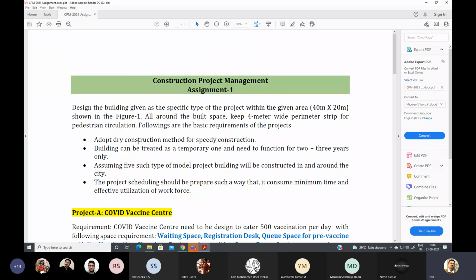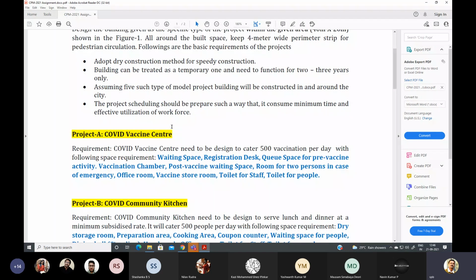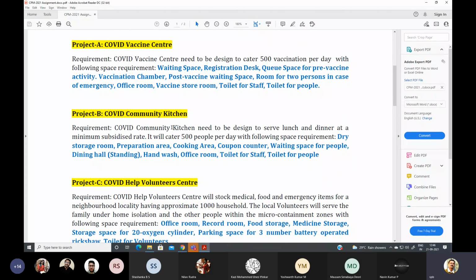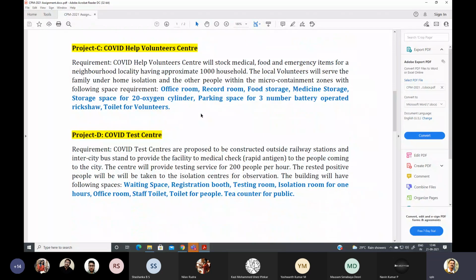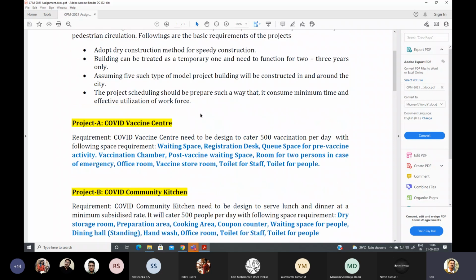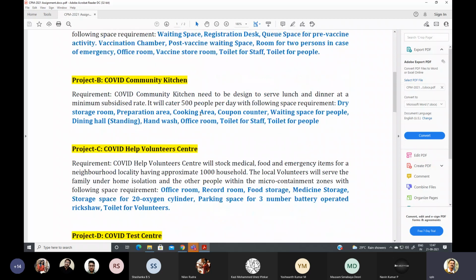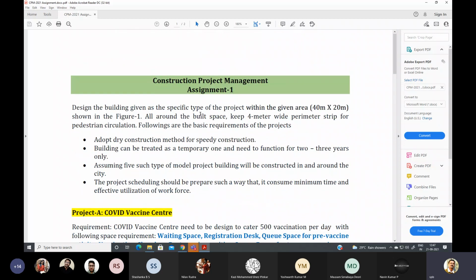you have to adopt for that building which will be designed. Adopt a dry construction. I'll first tell you what the 4 types of design are; any one of them you can do. You can take Project A as a COVID vaccine center. Project B, somebody may take the COVID community kitchen. Project C may be a COVID health volunteer center, and Project D is a COVID test center. Out of those 4, any one you can take for your submission